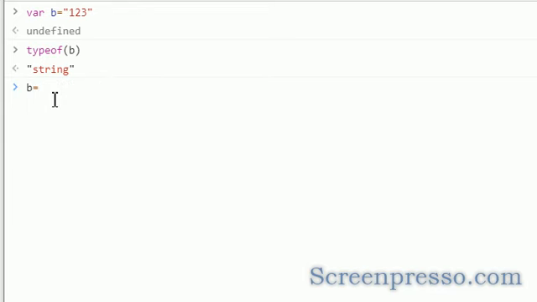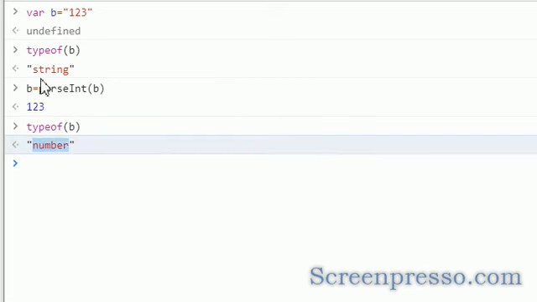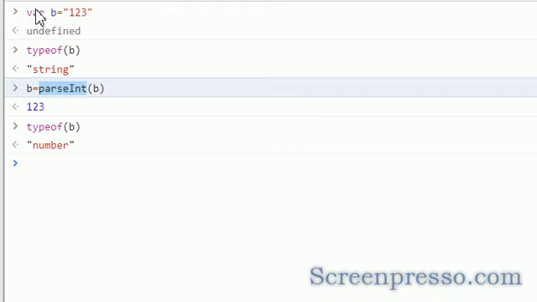Same b, I am parsing the b value and assigning it back to the same variable. Now I check the typeof, and it is number. This is called explicit conversion: using some predefined function, we convert one data type to another. For converting string to int, we can go with this.